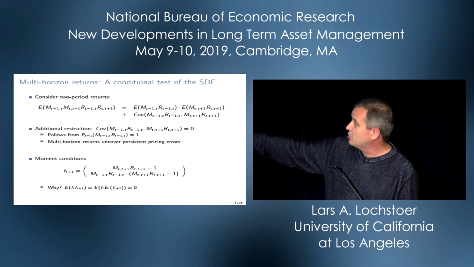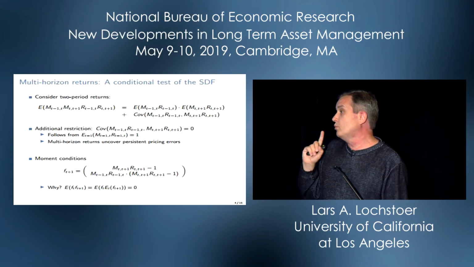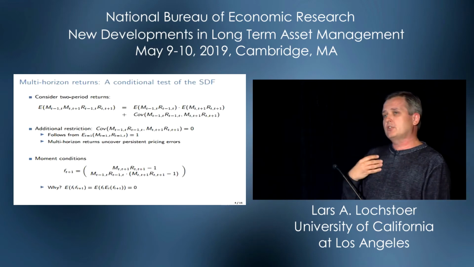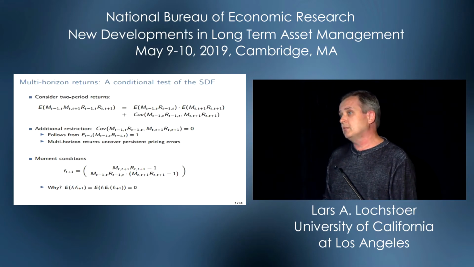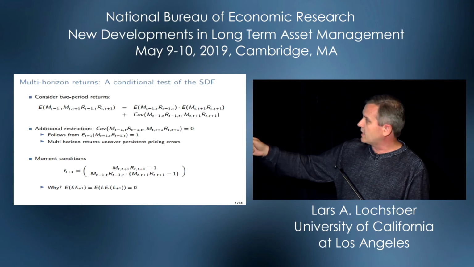And that just says you shouldn't be able to predict m times r. That's a very baseline. M times r should in expectation always equal 1, so you can't predict it. That's just what we're going to check. We're going to check if the pricing error, if you will, is predictable. Okay, so that's the same as usual. That's what the second bullet here is saying.